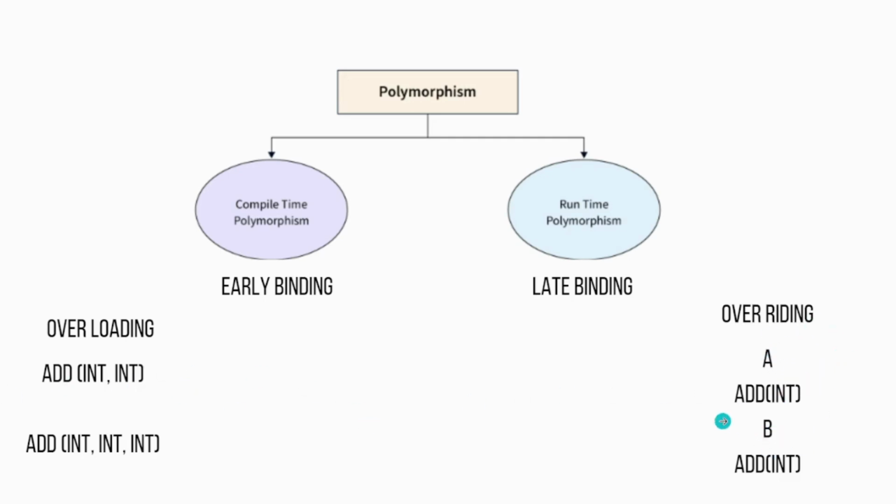And do you know what method overriding is? If B inherits A, that is, B is a subclass of A, and both A and B have the same method with the same number of parameters, then the method in B will dominate, and this is basically known as overriding. For now it is good to understand what polymorphism is, what the two types are, and what method overloading and overriding are. In a later class we'll explore them in detail. This is enough for now.